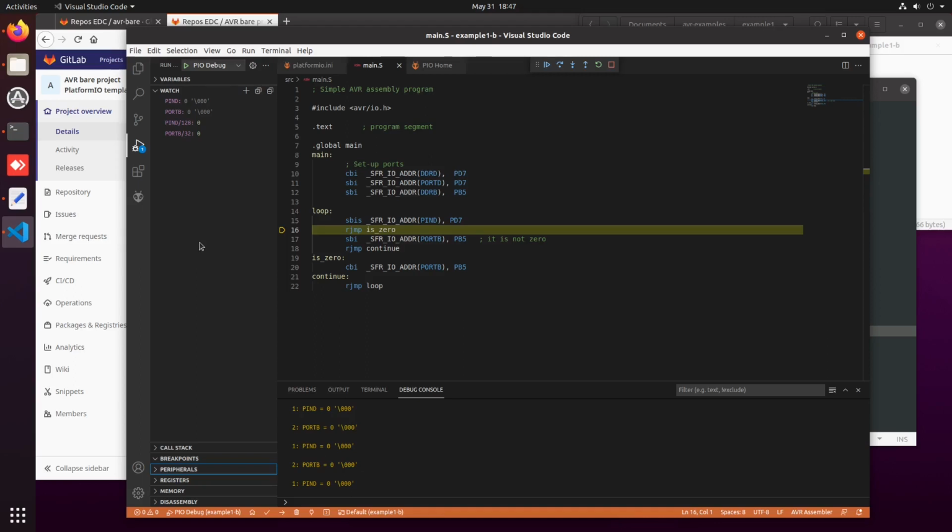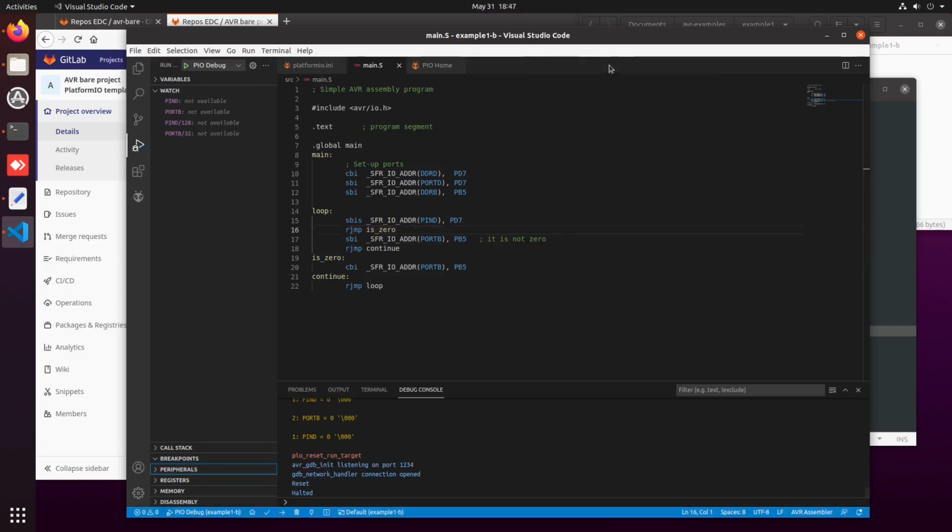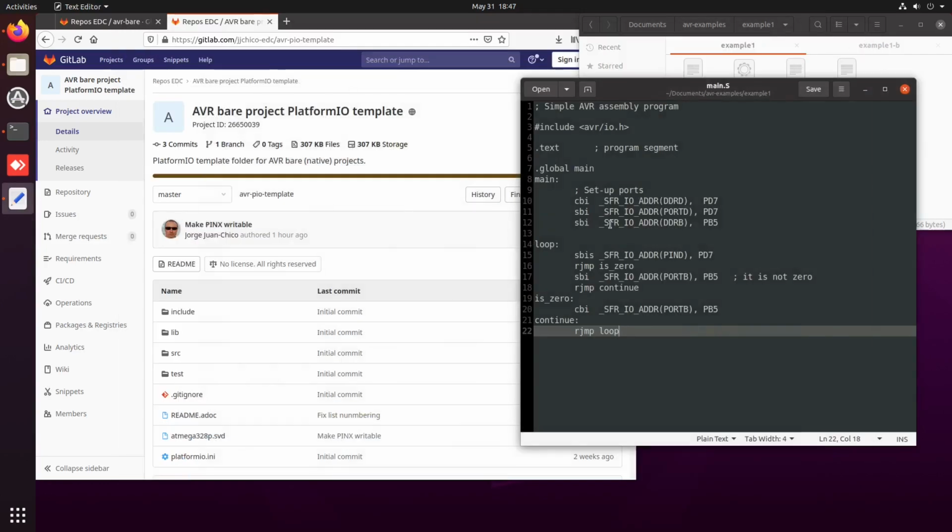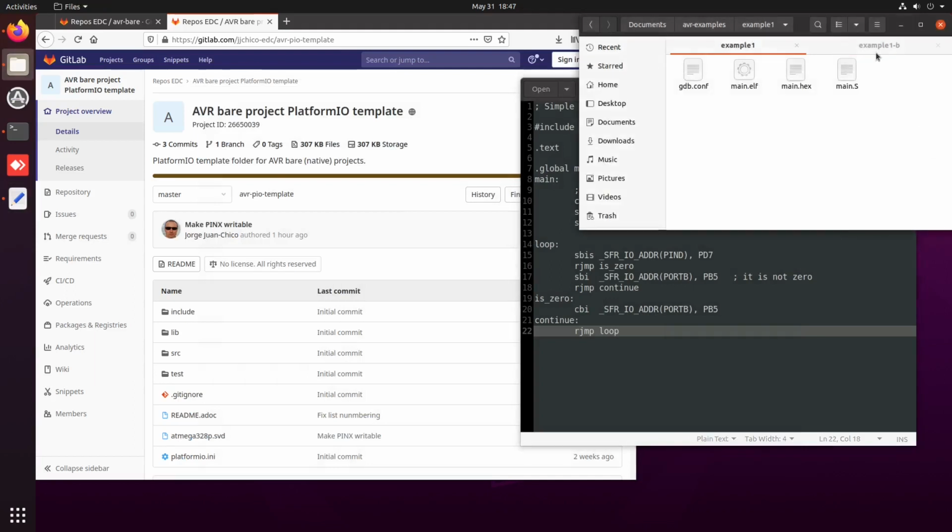Okay, so that's it. This is an introduction on how to use the PlatformIO development environment. So what do you have to do if you want to create a new project? You don't have to go through all these steps, okay. If you want to create a new project, let's stop the debugger first, and let's close it. So if you want to start a new project, you are in the PlatformIO projects folder, you can just copy an older project, okay, or you can just download the